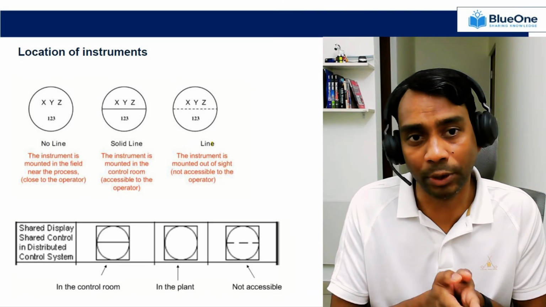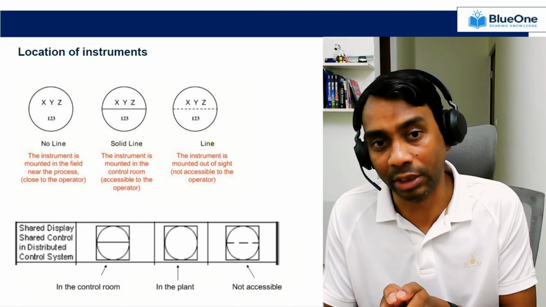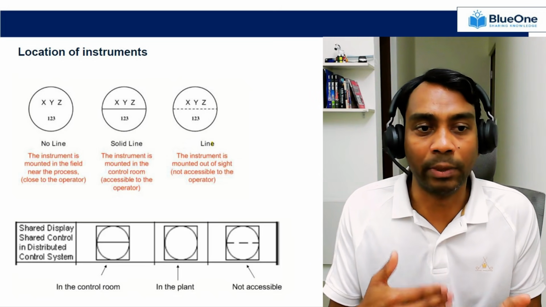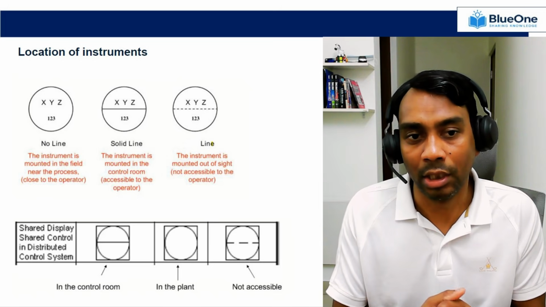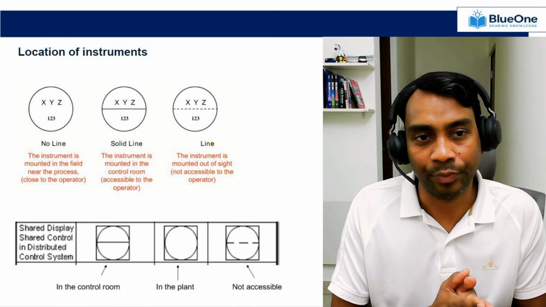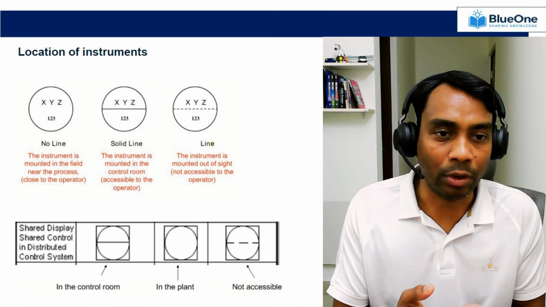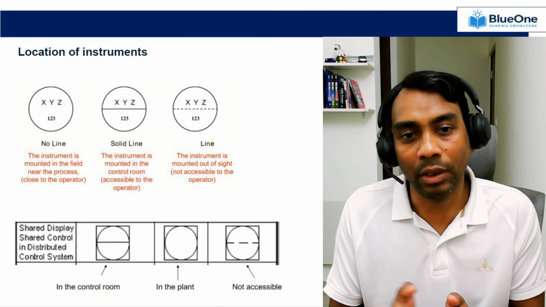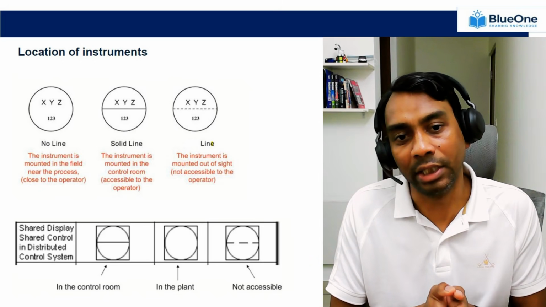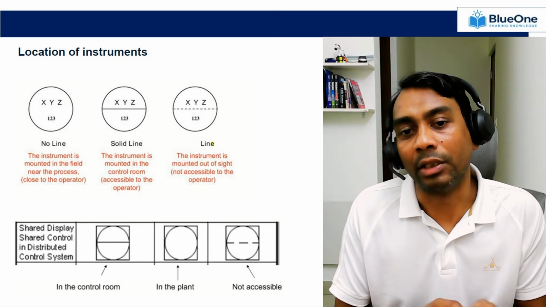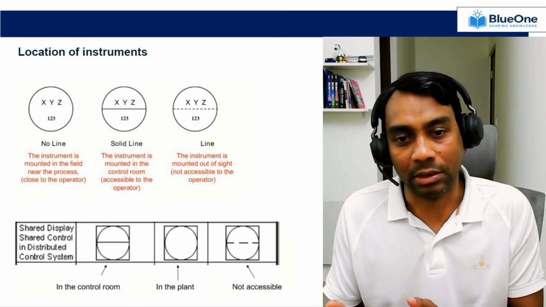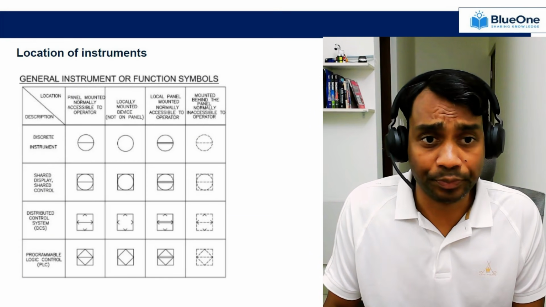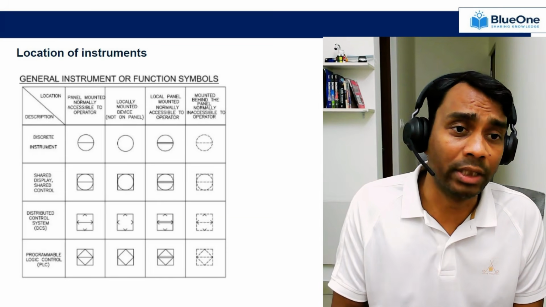How to understand if these particular instruments are connected to DCS or control system or not. So if you see below, there are shared display, shared control in DCS. So the first symbol indicates that your particular signal is in the control system, control room. Your second one without a line indicates that it is in the plant, and the third one, it is not accessible by the operator. So if we go back and see here, there are discrete instruments, there are shared display instruments,